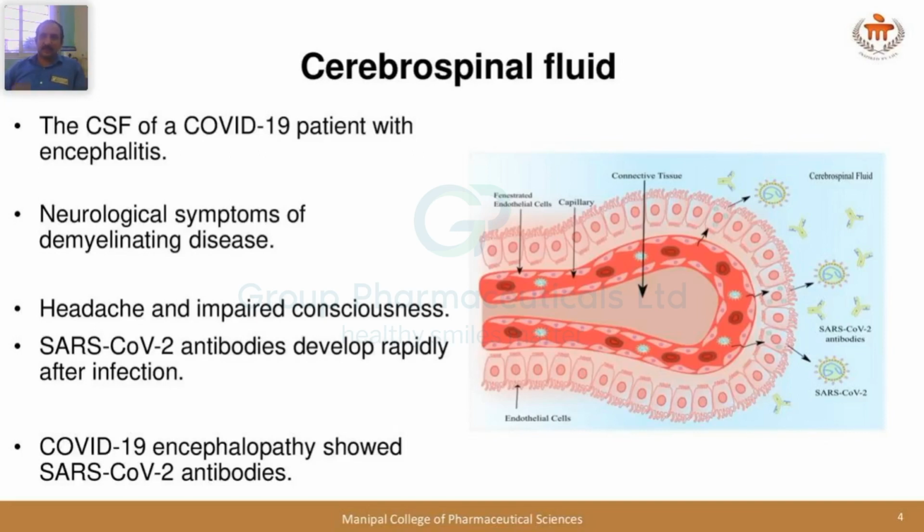Once the SARS-CoV-2 virus enters into the cerebrospinal fluid, it generates SARS-CoV-2 antibodies. In the sense, in the CSF, the immune system tries to attack the SARS-CoV-2, as a result of which antibodies start being produced in the CSF. So in several cases of COVID-19 encephalopathy, the presence of SARS-CoV-2 antibodies was identified in the cerebrospinal fluid. However,